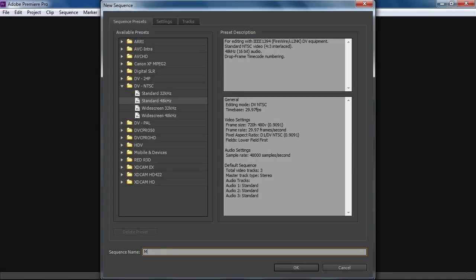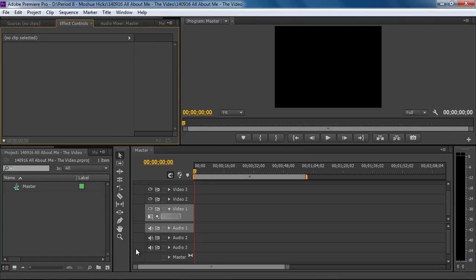The sequence that we create should always be called master, and that is the one that we are going to end up exporting at the end. If you're familiar with Premiere already, then you'll know what these are, but basically this is the timeline that we just created, the sequence called master. This master sequence starts with 0 seconds and goes forward into the future. This is the current time indicator, or as I call it, the laser pointer, and it can be moved back and forth. It shows whatever's on the timeline at that time, which is nothing at this point in the preview